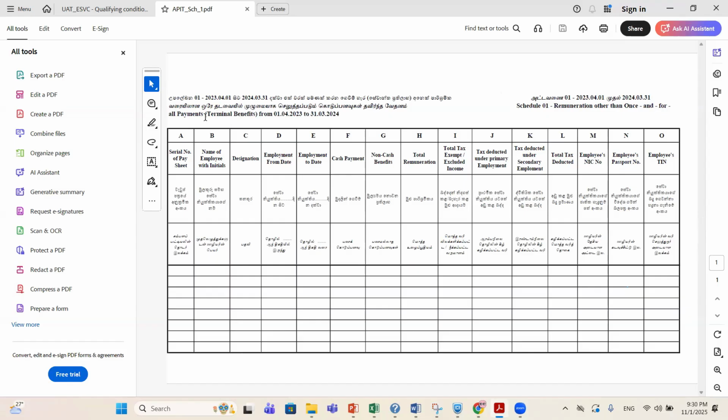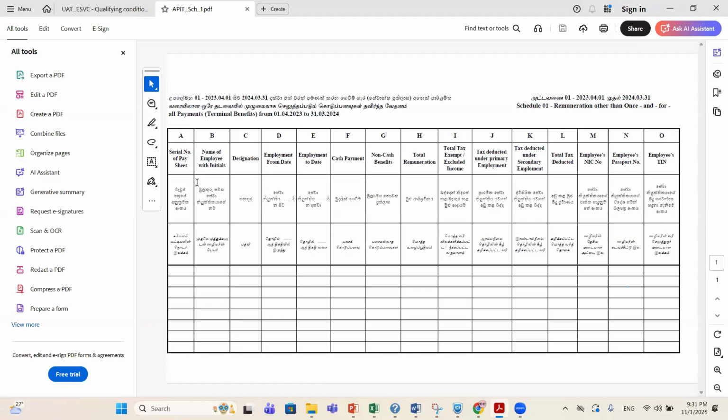Here, this is the payment liable for APIT other than the terminal benefit. You don't need to enter the terminal benefit related detail here. You have to disclose the officer-wise or the employee-wise detail. The employee-wise details refer to his employment income and the tax deduction. So here you have to enter the data referring to the employees who are liable for the APIT deduction. Schedule 1 එකේ මේ APIT වලට liable employees ලගේ details තමයි enter කරන්න ඕනේ, and these are the details you